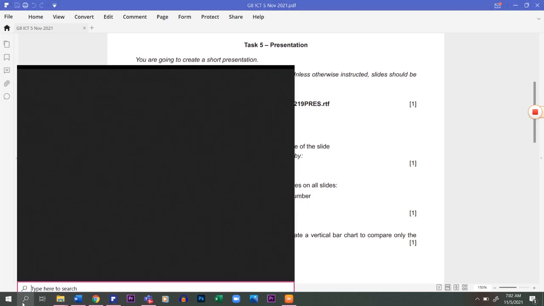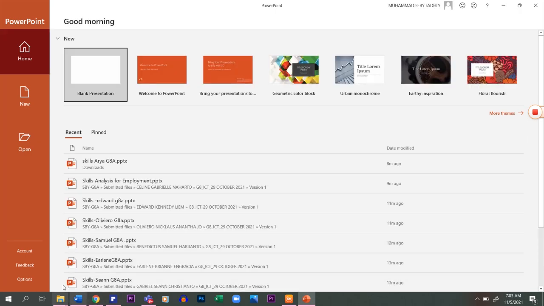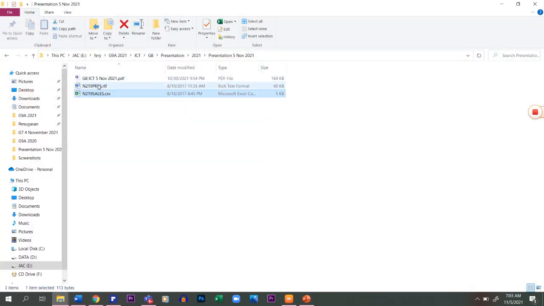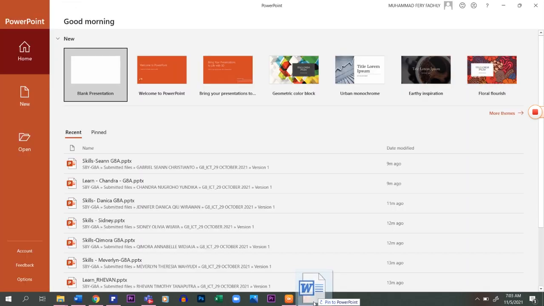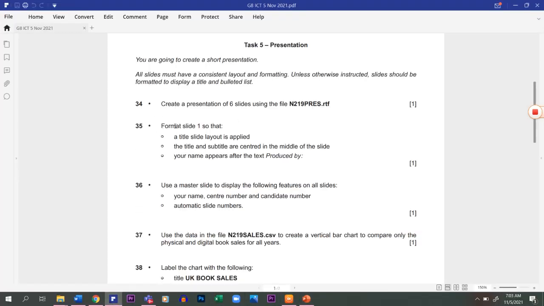We will open that file. We will open PowerPoint first. So like this, and then this is the file, yeah, N219 press. You can open it by this one. You drag like this, yeah, and then when you have opened it, the next question is format slide 1 so that